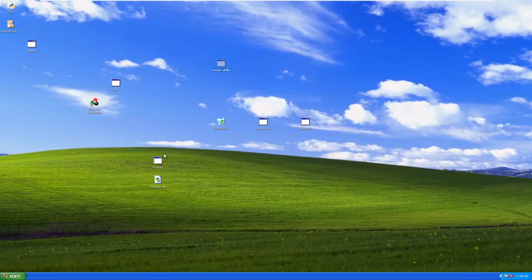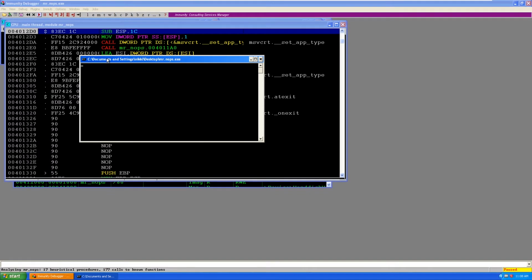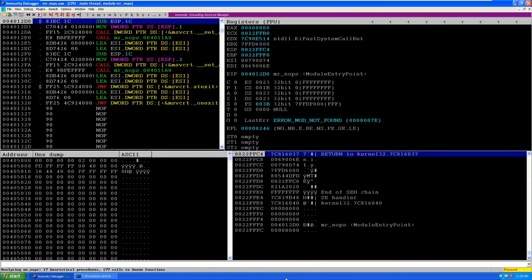Now I am going to run this binary in Immunity Debugger. The binary is in a paused state, as you can see in the right bottom corner. Now I am going to run this binary. To do that, click on the pause button.